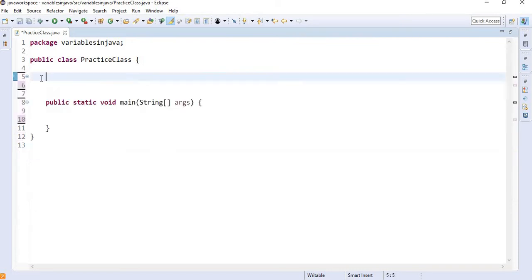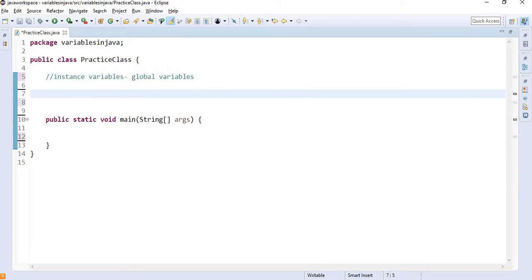Okay, so let's start with the first, instance variables. We also call instance variables global variables because these variables are accessible anywhere within the class. If I declare my variable k as 10, I can access this k anywhere within the class.